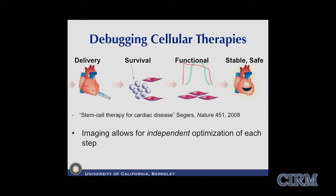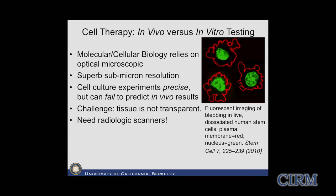So the role of imaging is to actually see this in vivo. Usually we start off, of course, in small animals, but then it would be wonderful if we could then do that in individual patients to make sure that we can figure out how those cells are improving the function of those cells. You can imagine once you inject cells, there's a very difficult debugging problem. Were those cells removed by the liver? Were they removed by the macrophages? Were they filtered out in the lungs? All these questions are very difficult to answer if you can't see through the body. And in fact, the dominant